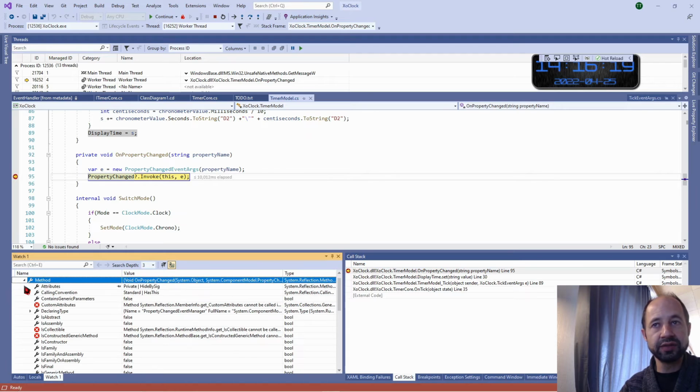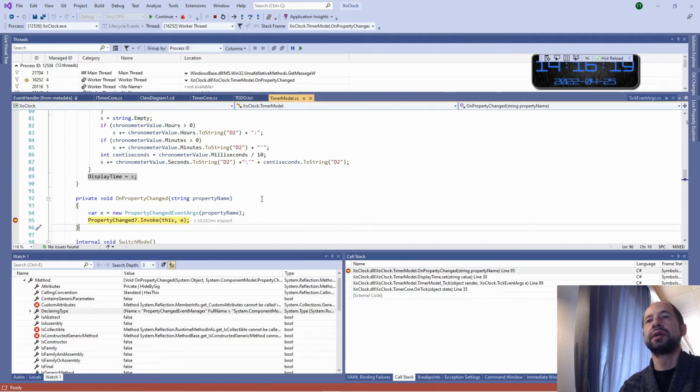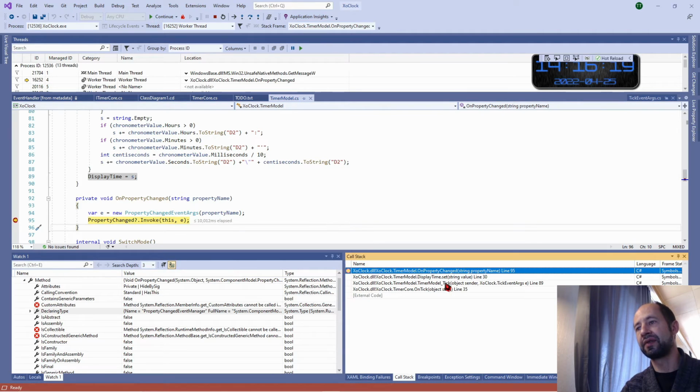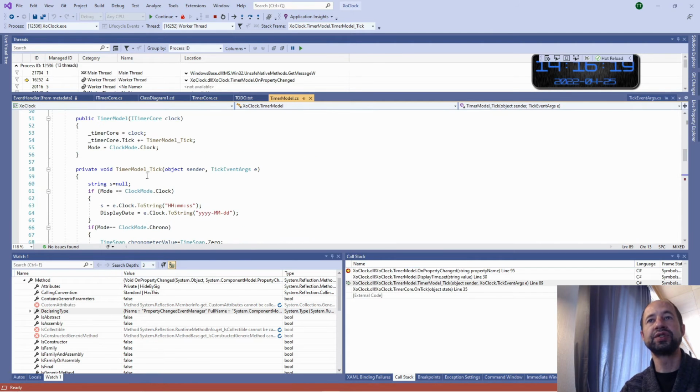OnProperty changed method name property change event manager. Okay. I could push the pattern to say that this thing here, which is called timer model underscore tick, could be named like this, like in the Windows WinForm model, but I could also say this is a tick event handler in the name of the method or event.